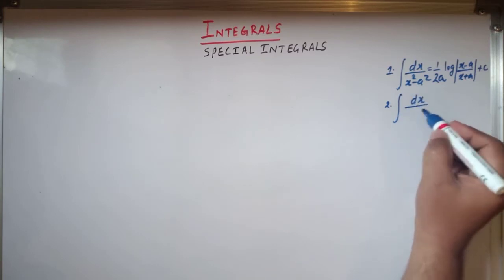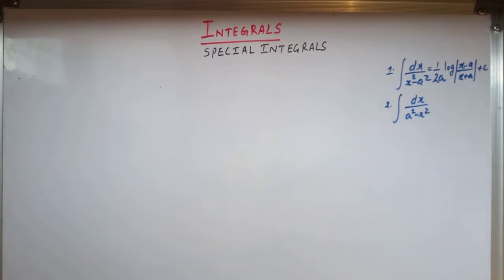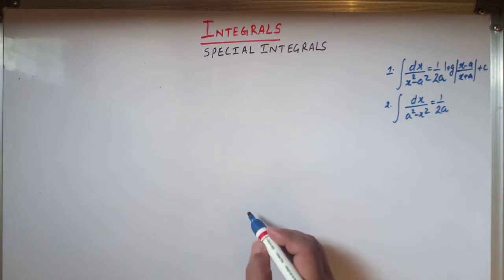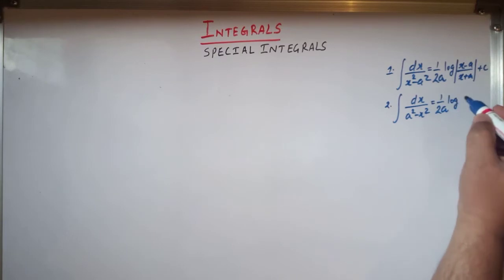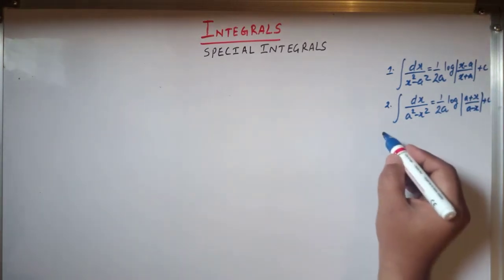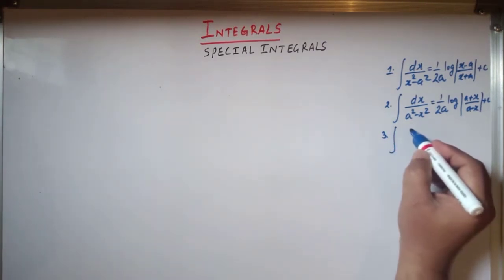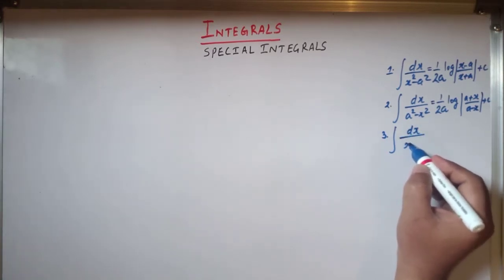suppose we have to integrate a function 1 over a square minus x square. Then the formula for such an integral is 1 over 2a log of (a plus x) divided by (a minus x) plus c. Clear? Now the third one is, if we have an integral of the form 1 over a square plus